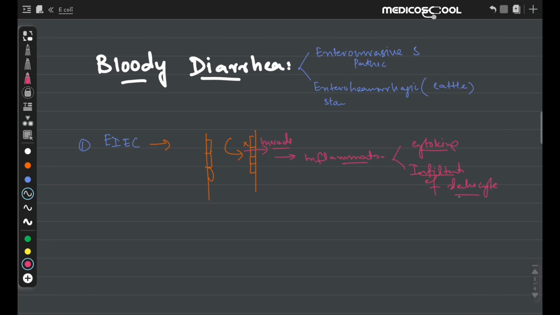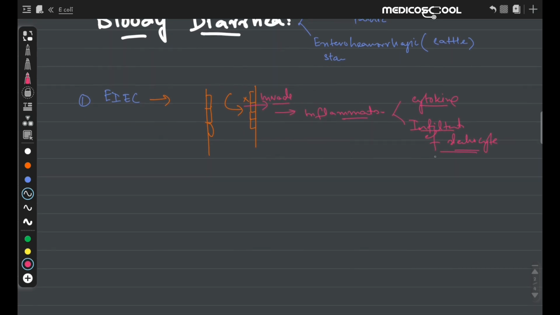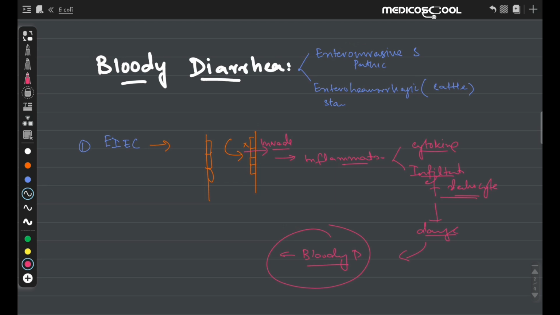This cytokine and infiltration of the leukocytes will in turn damage the blood vessels in the colon and also cause death of these epithelial cells, and thus will produce the bloody diarrhea, due to the extravasation of the blood from these damaged blood vessels. So it is the pathogenesis behind the bloody diarrhea produced by the enteroinvasive strain of